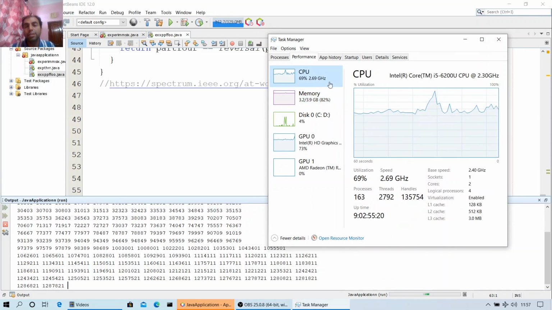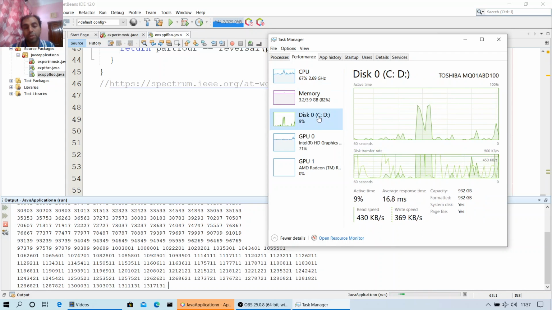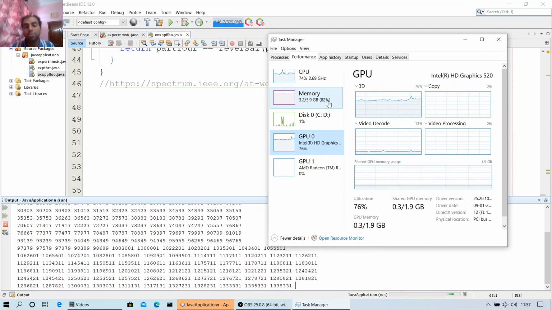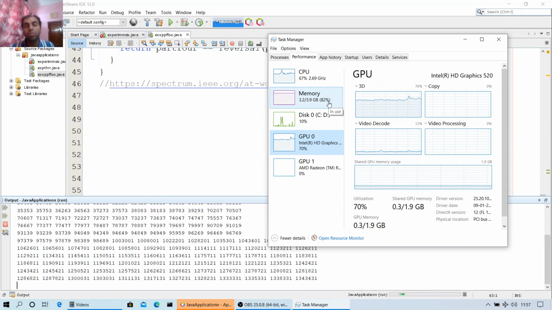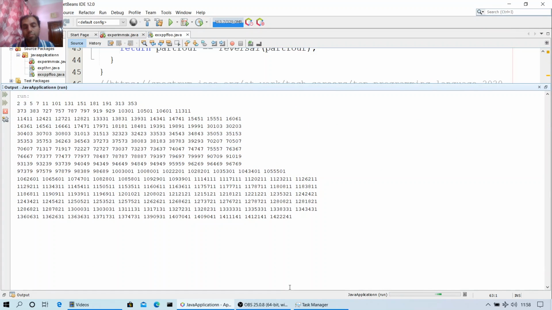So as you can see that CPU utilization ratio is up. A lot of input and output is going from the disk, and the graphical processing unit is in use. Once this calculation is over, once I get my complete output, then resource utilization will automatically go down. So just wait for a few minutes because this is a very long code, so it will take a few minutes to execute. By that time I'll zoom it.